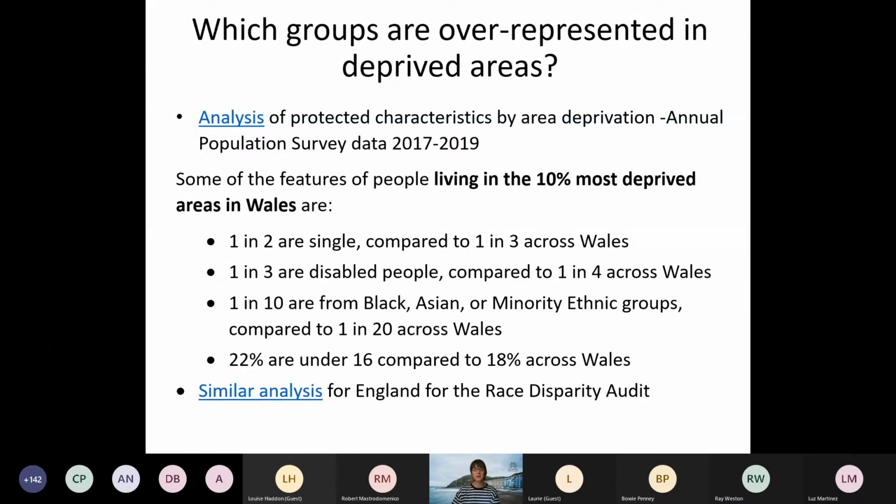2 limitations of this analysis to point out. One is we can't be sure of the circumstances of individuals living in deprived areas, but we know their area has a high concentration of deprived people in it. So the analysis so far hasn't covered intersectionality due to sample size limitations. So for example, we don't know to what extent age profiles of people from different groups may explain some of the trends. I'll hand you back over now to Elizabeth to round off our background talk.